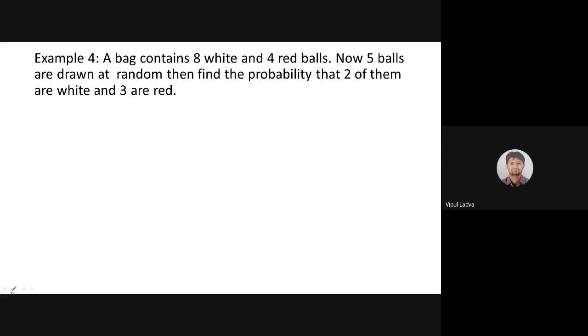Now, let me explain this. I'm not going to solve this question. That will be your job. But let me explain it once again. Suppose we are having one of the bag. Suppose there's a bag. It doesn't look like bag. Let me. Now it looks like bag. Is it? Good. In this bag, we are having 8 white balls. 1, 2, 3, 4, 5, 6, 7, 8. This 8 balls are white balls. And I'm having 4 red balls also. 1, 2, 3, 4. These 4 are red balls. Let me fill that.